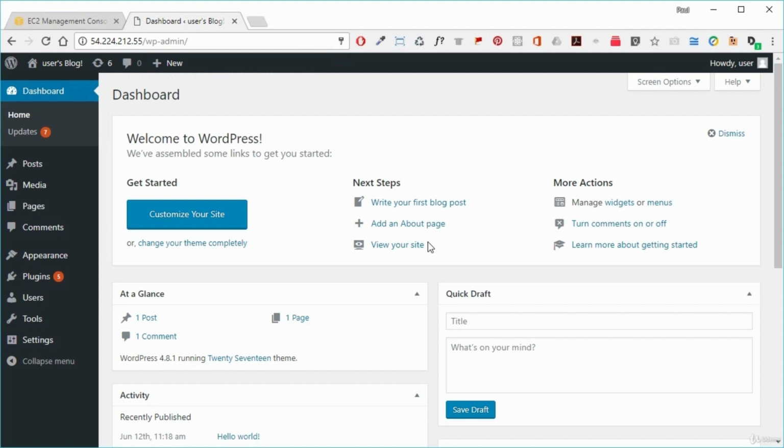So there you can see that we've logged into the administration page of our WordPress application. So we can do whatever we want. We can add some pages in here. We can go into pages, add new page if we want. We can do whatever we want as we would with any WordPress application. So that's how we launch an EC2 instance, or an EC2 server, to create a web server.